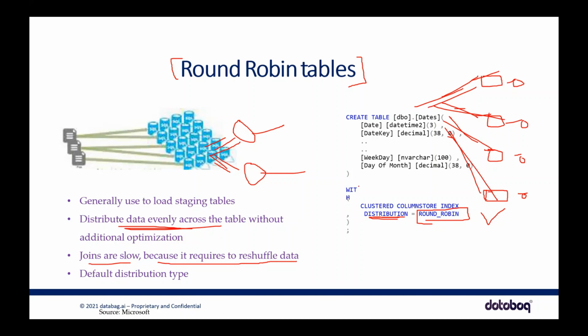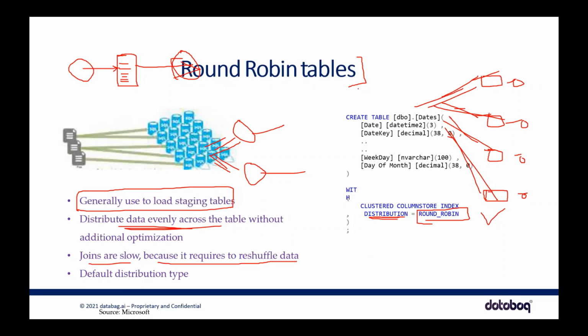So whenever you need high loading performance, you will use round robin. The best use case for that is staging tables, so that is the reason this is mainly used for staging tables. Usually you have a source, then you have a destination. Between source and destination, you create a staging schema. Within this, you load the data from source to staging using round robin. You don't really have to worry about anything else there, all the data is loaded here. Then again, from here to destination, you use another technique. Either you use the replication technique if the dimension data is small, or else you use the hash technique, which we are going to see in the next slide. That is really important.